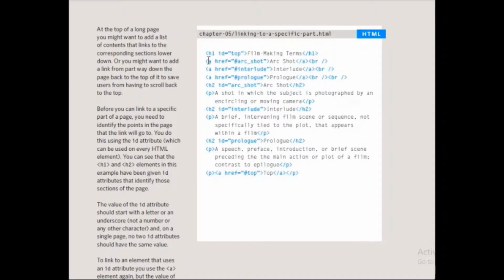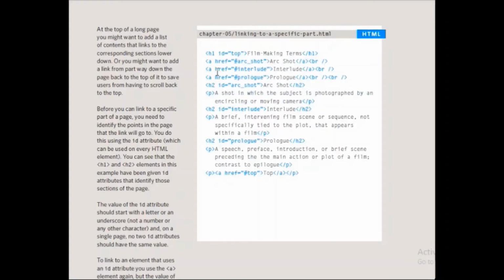Now what we are going to do, a space href, this one. Now you can notice here, inside href, we haven't given the name of a website, we haven't given the name of a web page, we have simply given the name of the ID that we have made. arc_short, you can see this is arc_short. This is the part that is going to be accessed when you click this hyperlink arc_short.